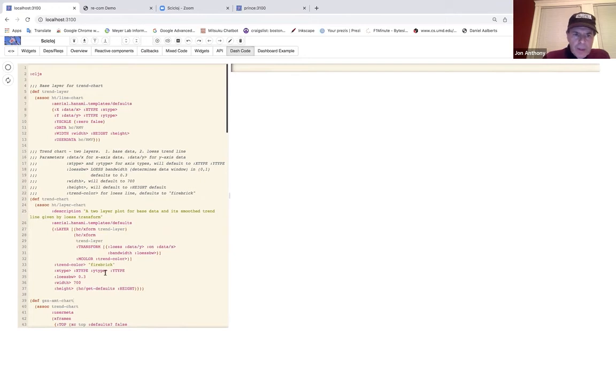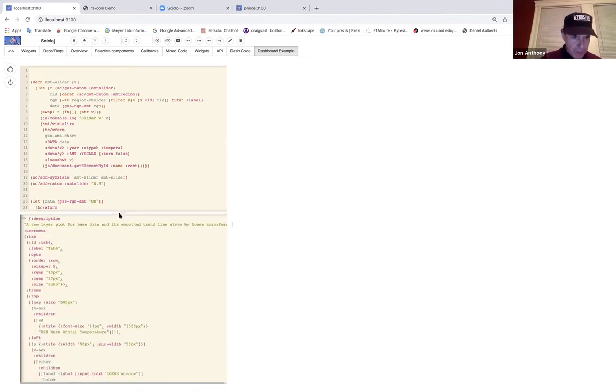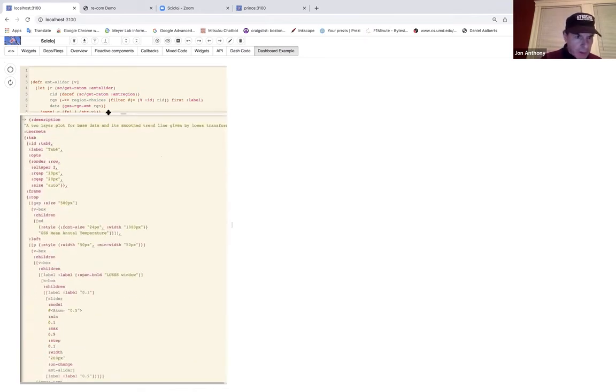So anything that you give for data X will become the X value, and for data Y, that'll become the Y value in the Vega-Lite encoding. If we go over here and look at this output and just find the encoding part,